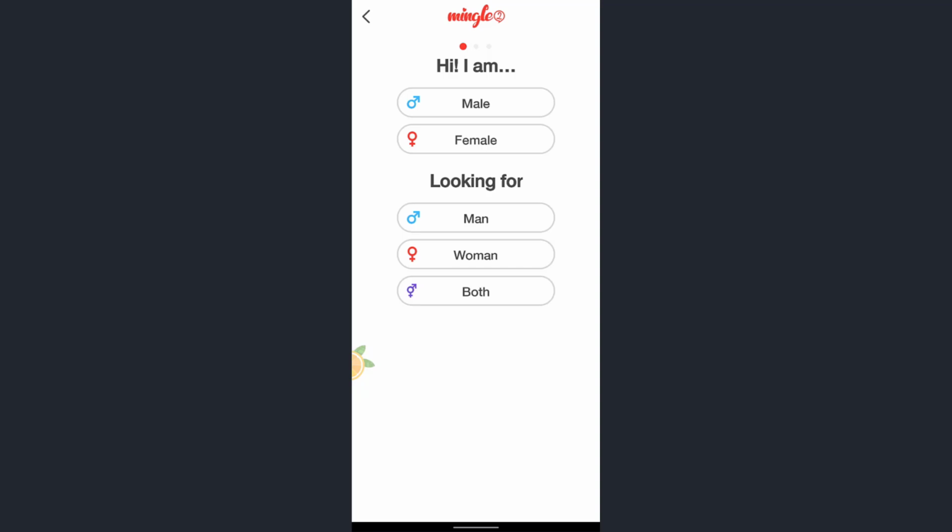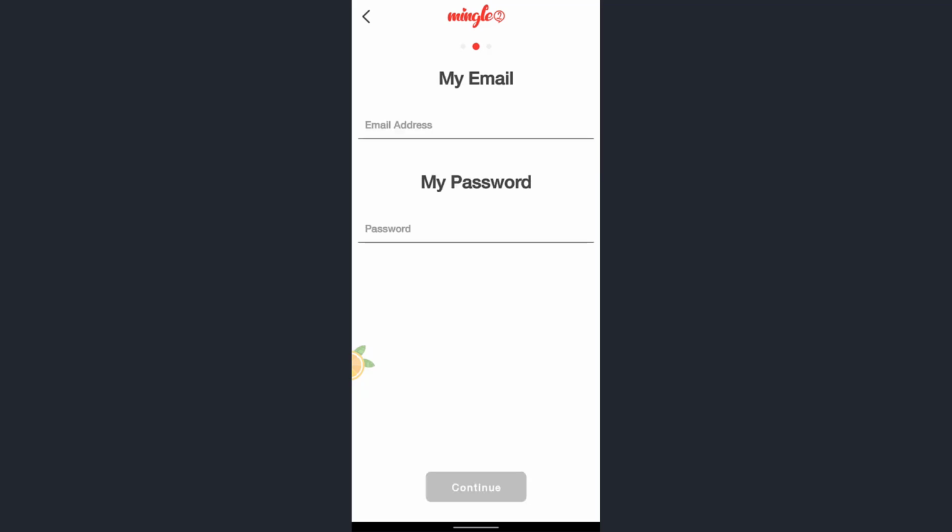Here it says, are you a male or female? You must tap on anyone. Also it says what you are looking for. You can select anyone. Now in the given text bar, you must enter your email ID and a password. After you have entered your email ID and a password, tap on continue, which is at the bottom middle of